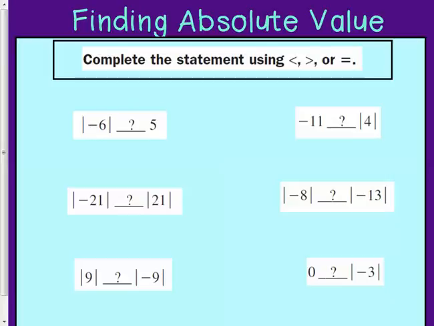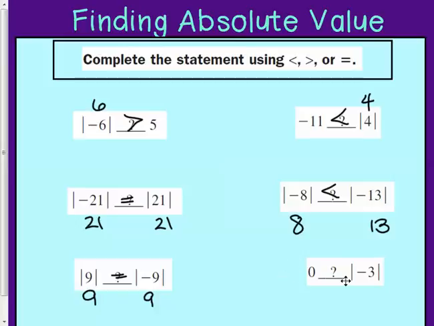All right, go ahead and try these, and I'll be back in just a second to show you what I did. All right, so first step is to change this absolute value into its absolute form. So negative 6 is 6 away, so it's greater than. 11 versus the absolute value of 4, which is 4. 4 is greater because it's further right on the number line. 21 versus 21 is equal to, just like 9 versus 9 is equal to. 8 versus 13, 13 is greater than. Okay, and the last one, 0 versus 3,